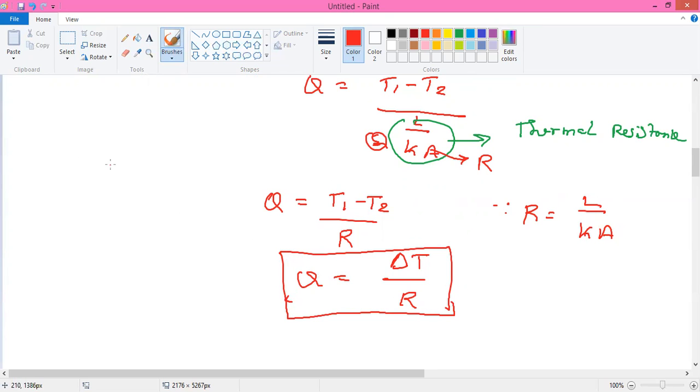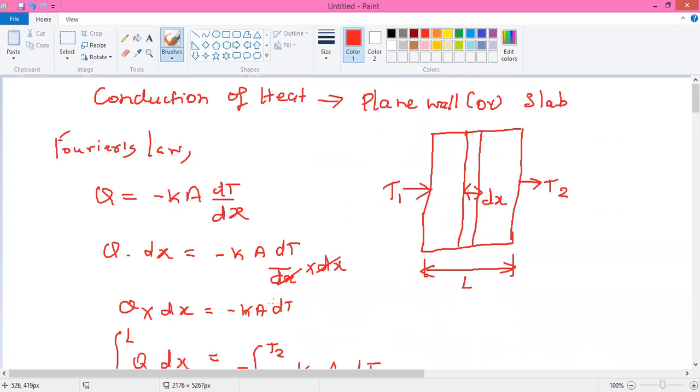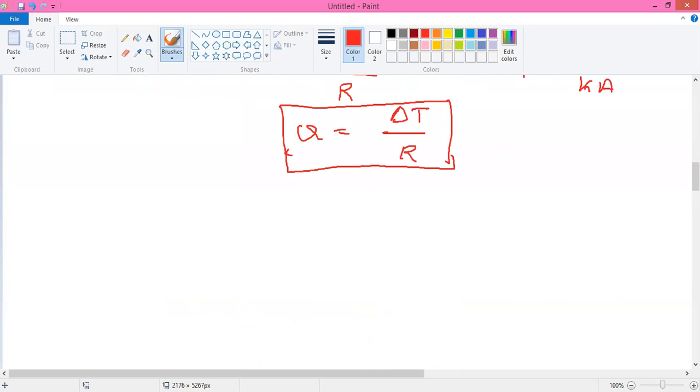Next we see about the composite wall. The working condition is similar, but we add the various heat transfer rates, because every element has its own thermal conductivity. This element has a thermal conductivity, and for a composite wall we have another element as well. More than one element makes a composite wall.